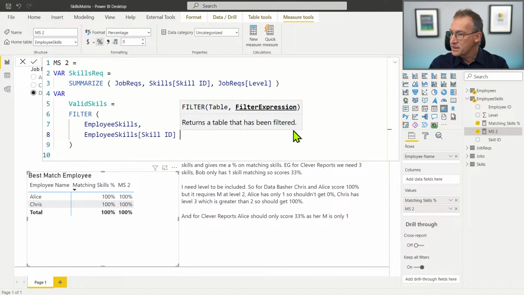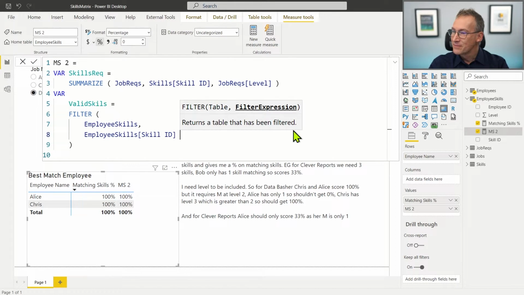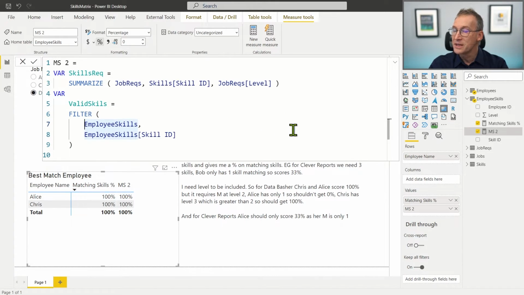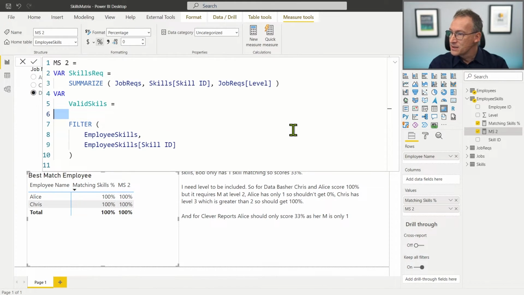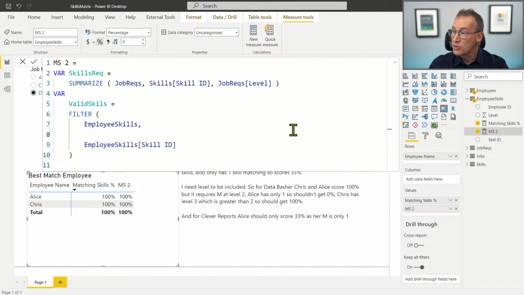Well, that's not that easy. We can check whether, that's interesting. We can check whether, let me see, it's not that easy. We cannot filter directly employee skills because we cannot check whether there is a row. The row needs to be greater than. So what we can do is filter employee skills. And for each row of employee skills, we count